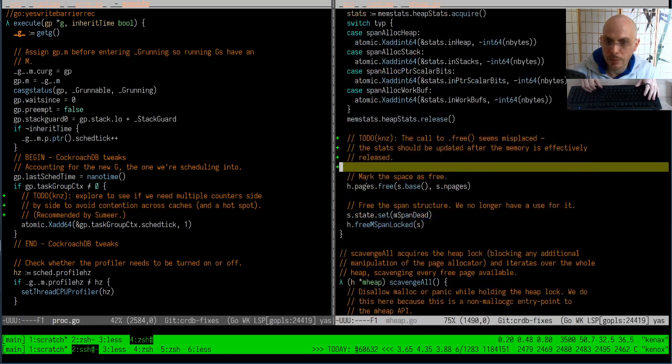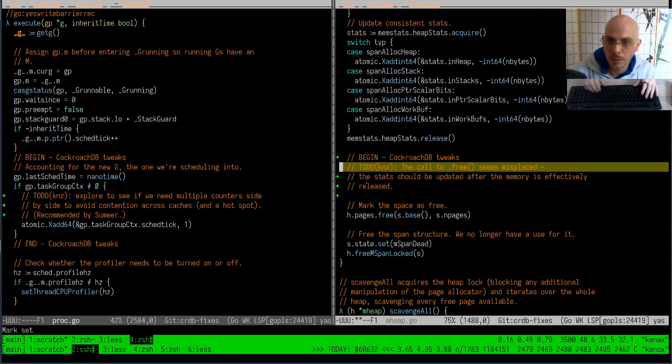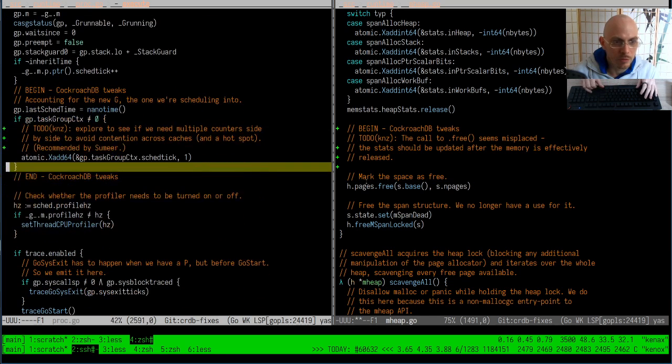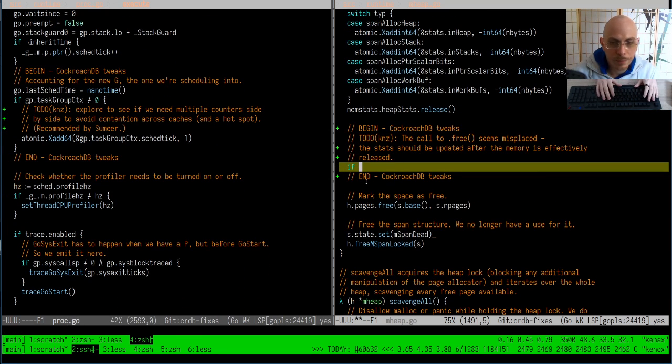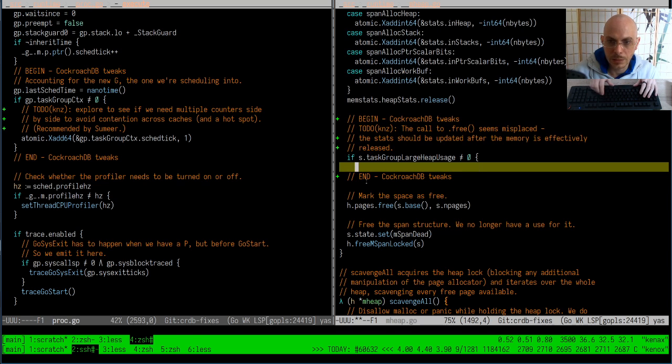That's what we did here. And then end cockroach labs tweaks. And then if s dot task group large heap usage is not nil, then